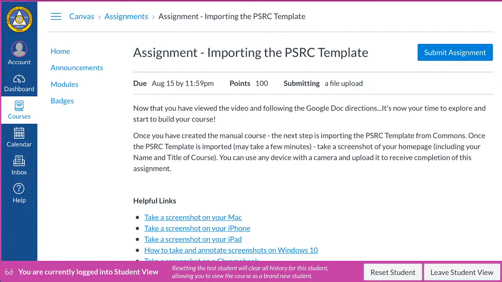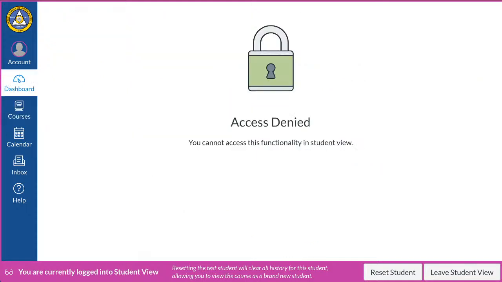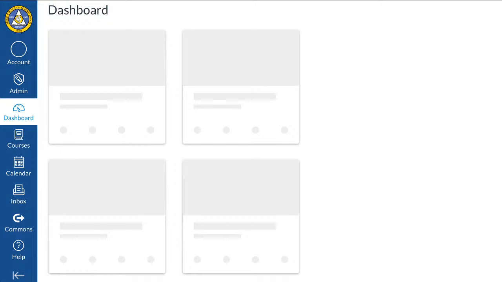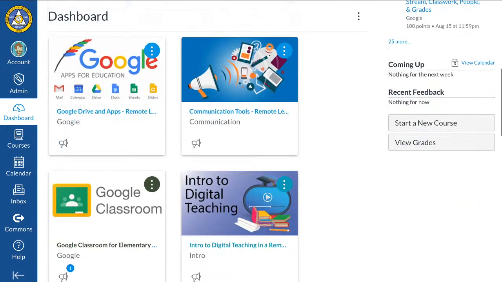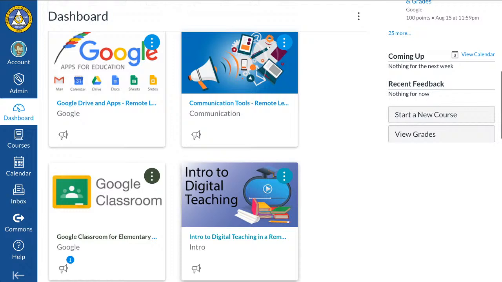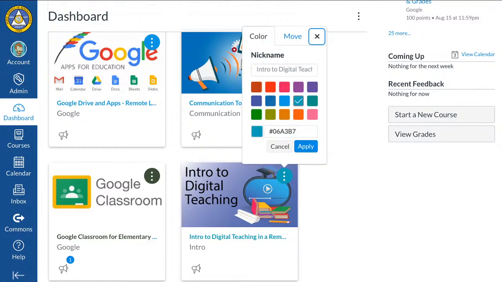So inside here, if you go to Dashboard, as you click on Dashboard, come out of Student View Poll. There you go. So if you find that you have mislabeled a course, or if you would like to just get rid of a course that's sitting there, you have options. One, you can archive it, so it just disappears, but you don't lose anything. But if you truly want to trash a course,